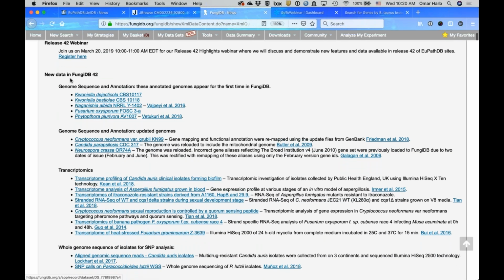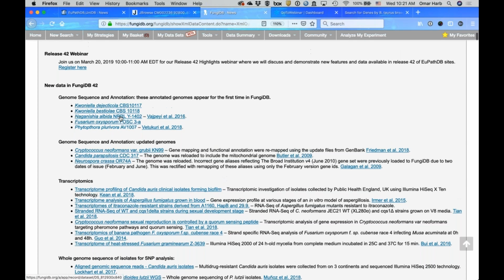As you scroll down, you'll notice that for fungi, we loaded a number of genome sequences and annotation. Actually, not all of these are annotated, but most of these, the Quaniella, Fusarium, and Phytophthora, are all annotated genomes. And the Naganitia is actually just a genomic sequence without annotation, but it's still available for you to run various searches. If you ever want to find all the genes from Quaniella because you want to ask some questions about them,